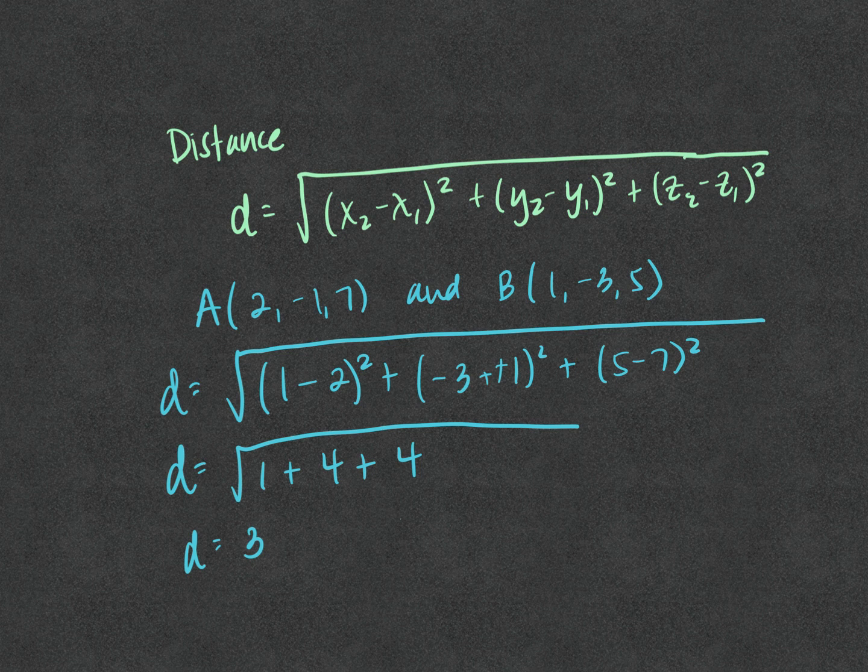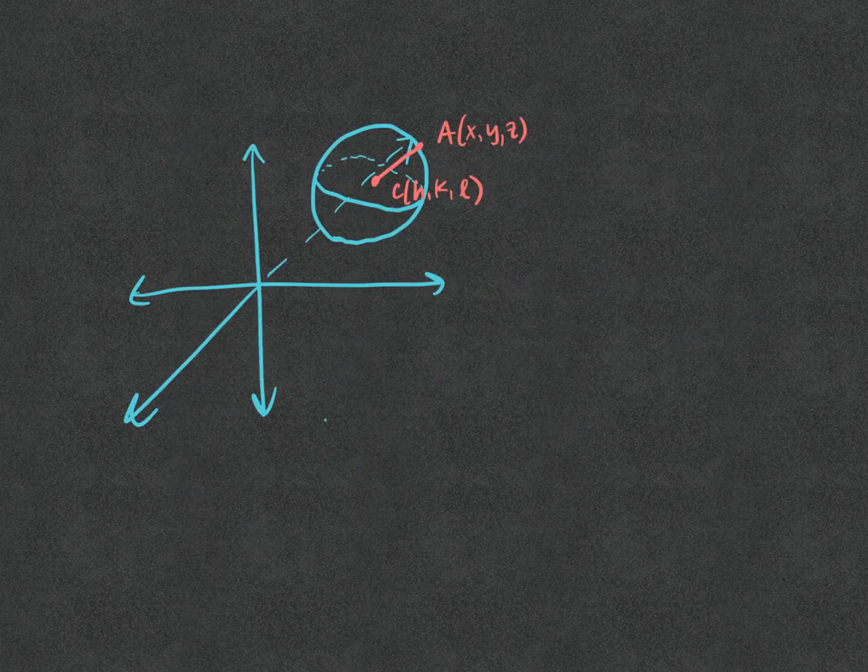So the distance between those 2 points in 3 space is not very difficult to find. So it's pretty good. Now, if we use the distance formula, let's go back to that conversation about the sphere. If you think about a sphere, we have a center, and we can go to a point on the radius. So using the distance formula, we can call the center HKL. Think about the center of a circle, we use HK. So with the sphere, we use the cursive L, and it goes to a point on the outside of the